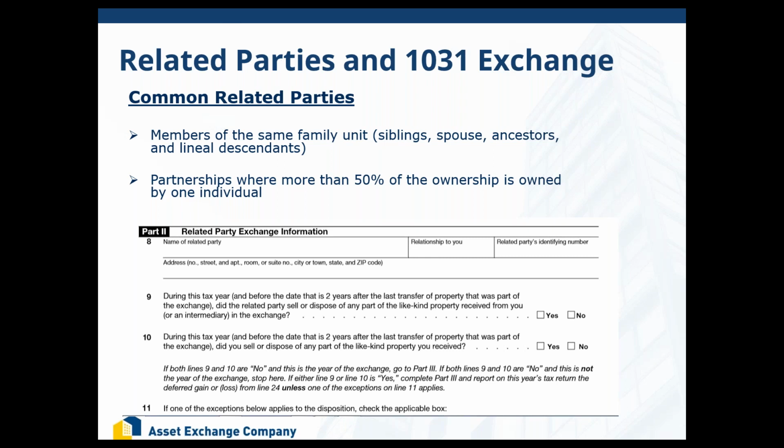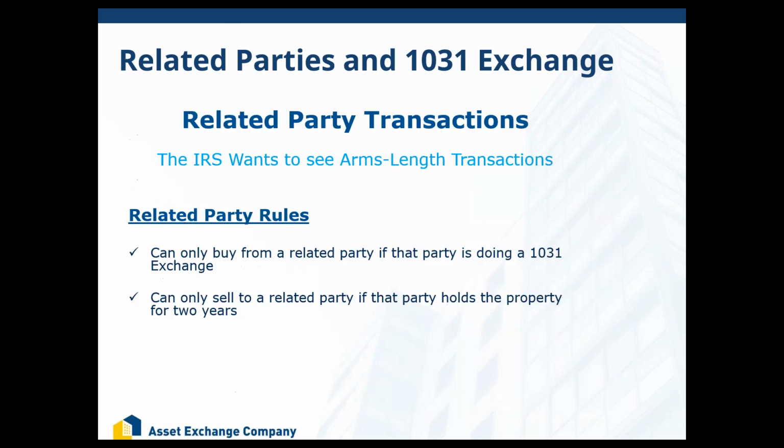On that form, they specifically ask, did you buy from a related party or did you sell to a related party? They're looking for that. For lack of a better word, the IRS doesn't want any funny business going on with 1031 exchanges. They're looking for an arm's length transaction. You can only buy from a related party if that party is also doing a 1031 exchange. You can only sell to a related party if that party holds onto the property for at least 2